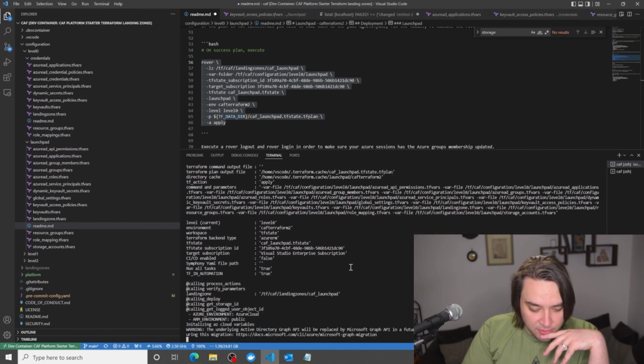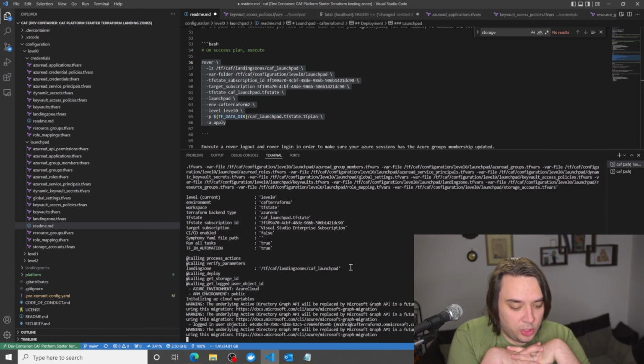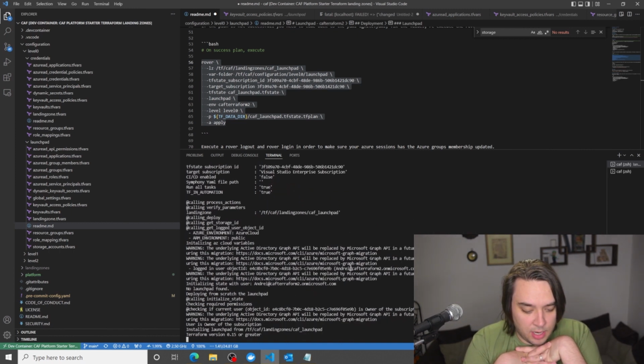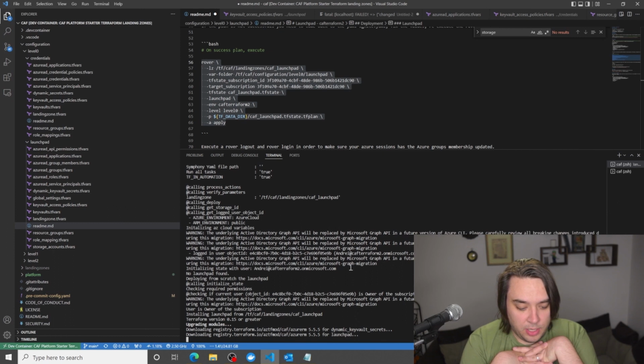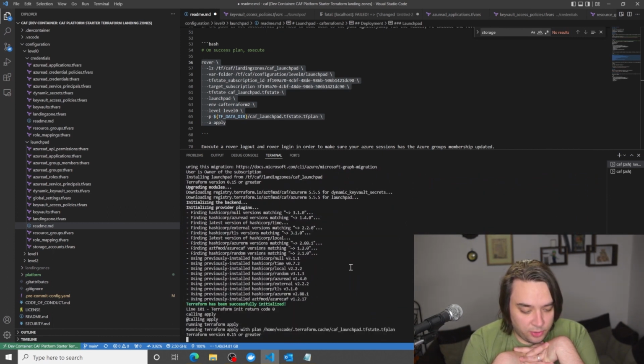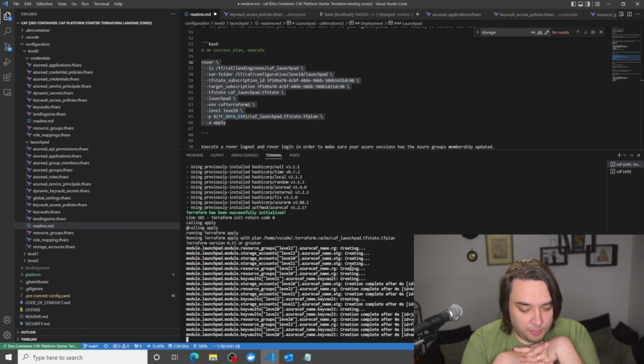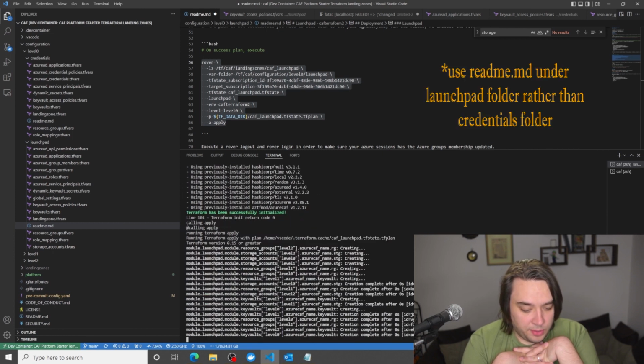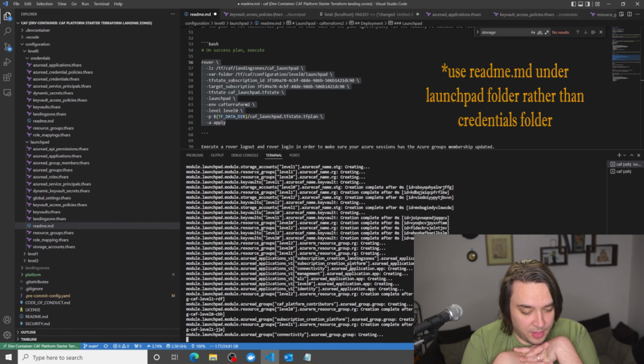What we should now see is these resources being created in our Azure tenant. It's not going to run the plan again because it already takes what the plan was. So it's now creating the storage accounts and the resource groups and the applications.